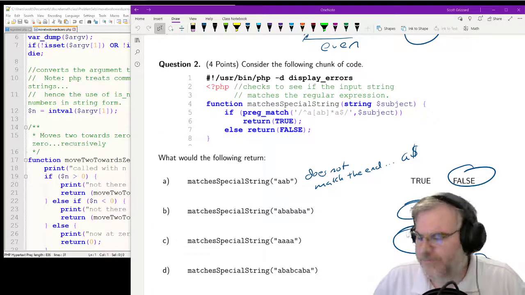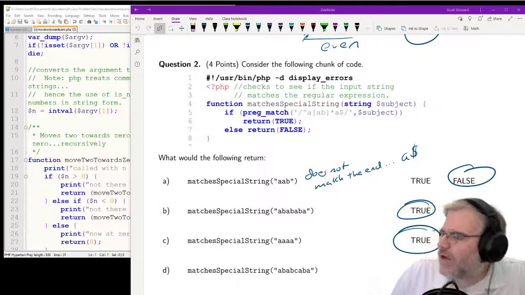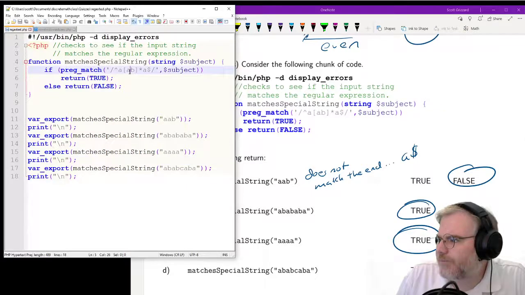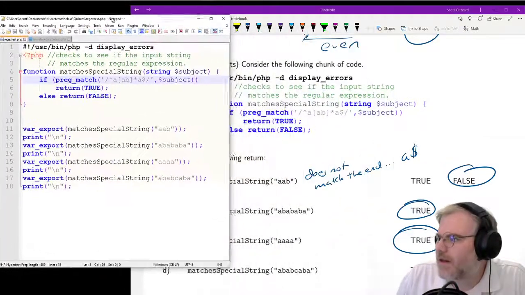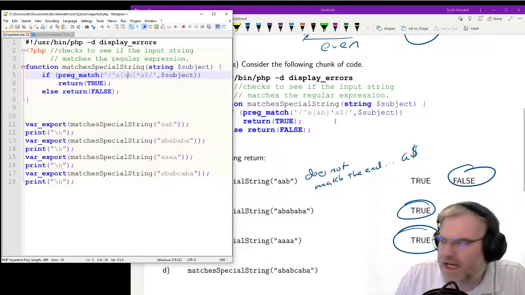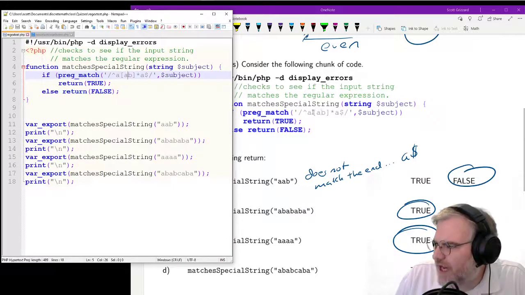Yes, you hate it. Well, I'm going to explain to you why regular expressions are nice and why we care about them today. Okay? So this preg match here, let me bring it up on a nicer thing here. So my question was, would each of these match? The first one doesn't match because this thing requires ending in A. This one matches because I've got A, and then A's and B's in between, and then another A. And that's also why this one matches. This one can't match because of the C.